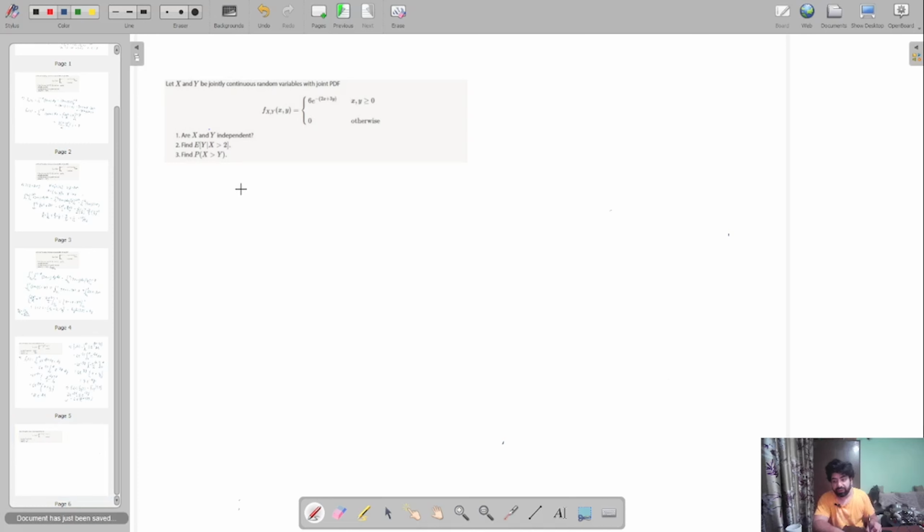So in this part we have to find the conditional expectation which is given to us. I can write it as the expectation of y given x greater than 2. This can be written as the integral from 2 to infinity for x, because x is given to be greater than 2, and for y it will be 0 to infinity. Now for the function, it is always y times f(x,y) dy dx, which is the formula for the conditional expectation,